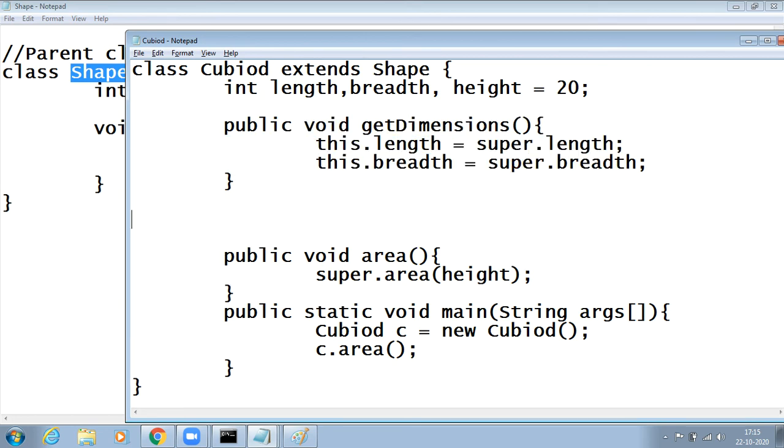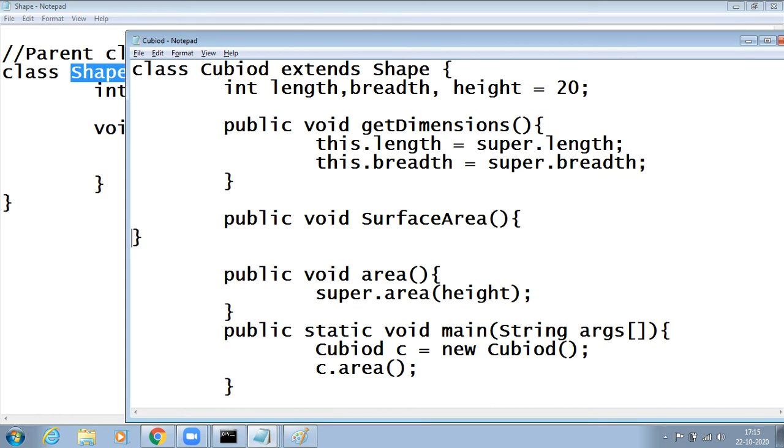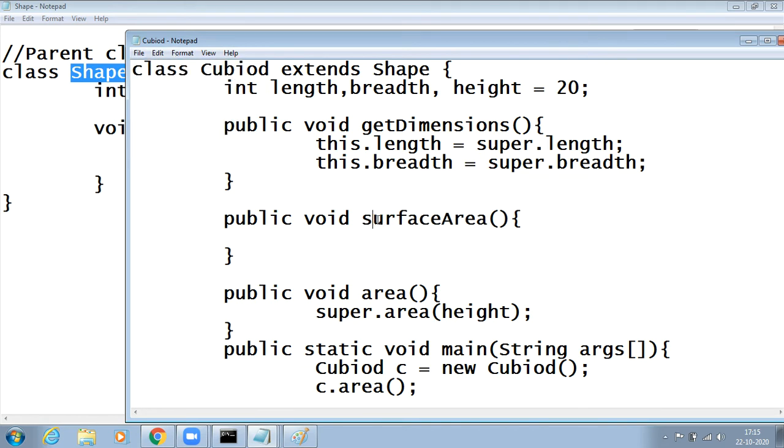For example, if I want to get the surface area of a cuboid here without asking for the shape, then I directly say surface area equals 2 into length into breadth into breadth.